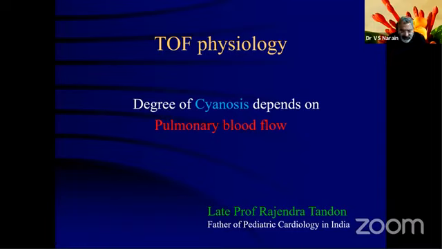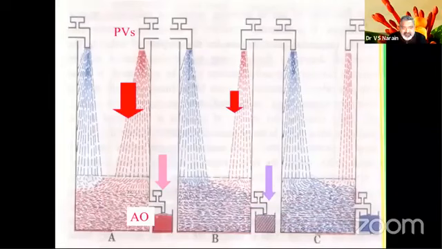this, that whenever we go about trying to understand cyanotic heart disease, we must understand that the degree of cyanosis in a particular patient does not depend upon the anatomy. It does not depend upon the amount of mixing and in what chamber it is mixing. It depends mostly on the degree of pulmonary blood flow. And he gave this wonderful diagram which helps us understand why pulmonary blood flow is important to determine the degree of cyanosis. He goes on to say that